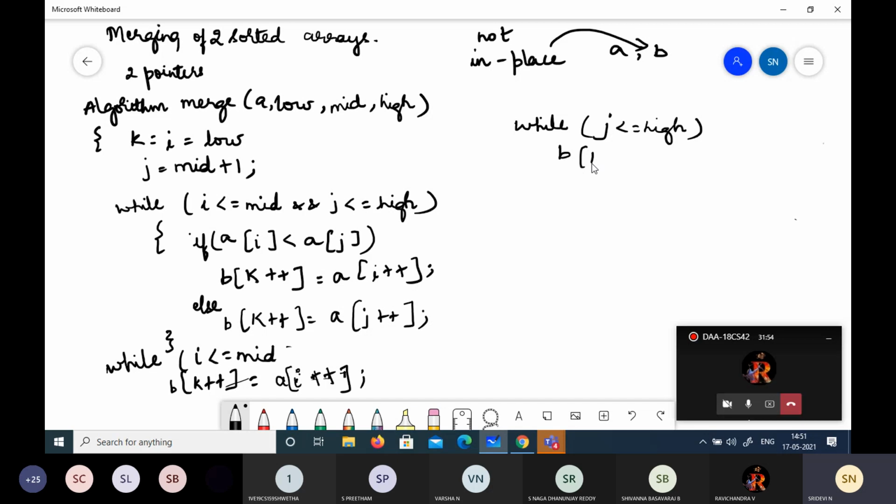This is there for your lab as well. You have to implement this in your lab also. We'll copy all the elements. I'll show you an example, then it will be more clear for you.